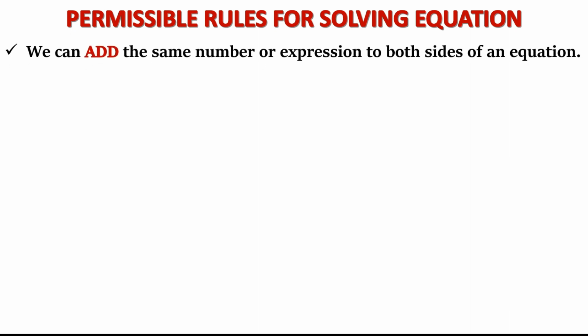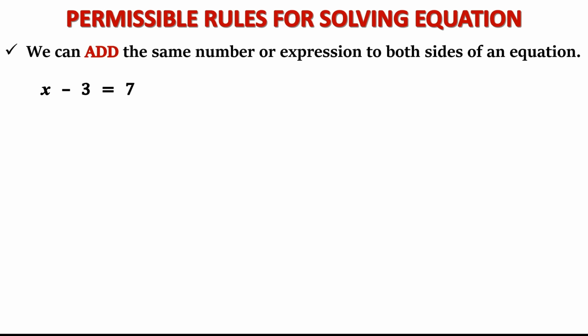The first one says we can add the same number or expression to both sides of an equation. So, what we are doing in this, we are adding the same number on both sides. That means in the left hand side as well as in the right hand side. Let's see with an example. Suppose I have x minus 3 is equal to 7. Now, I want to remove this minus 3 so that in the left hand side I can have only x. So, to remove minus 3, I have to introduce plus 3 in this equation, in that also in the left